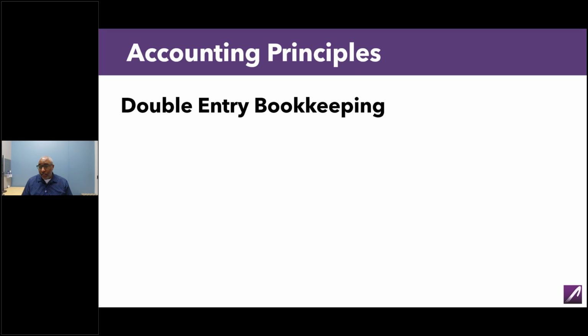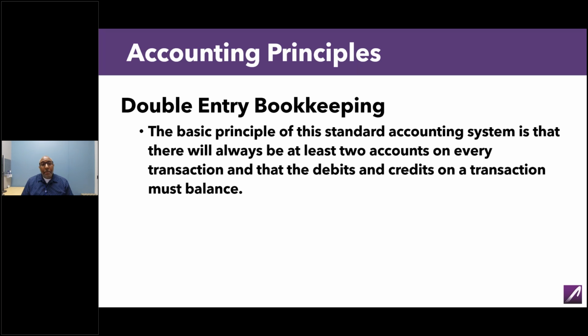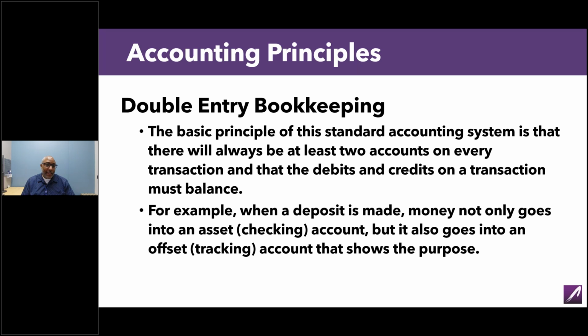This is double entry bookkeeping. The basic principle of the standard accounting system is that there's always at least 2 accounts on every single transaction. So there are debits and credits, and the debits and credits must balance. And here's my example. When you do a deposit,